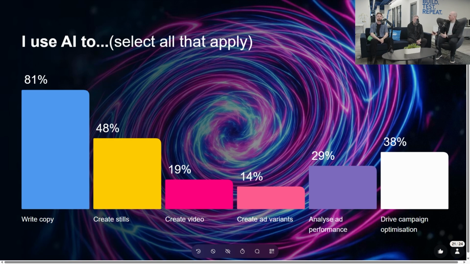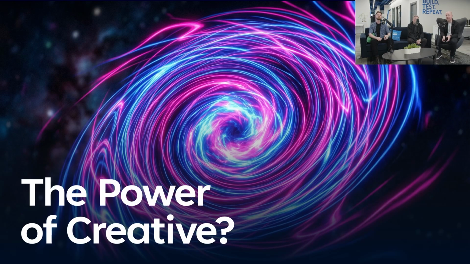Really, we're going to cut this session almost into two halves. I think it's more about the first half being on creative foundations and how we align that with all of the AI shifts that are taking place. And then the second half, much more future gazing around what is the current state of play, but where AI and creative performance is actually heading. So the power of creative.